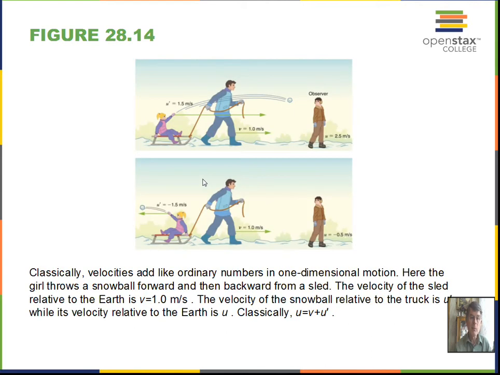So here's an example, again, of classical physics, with the frame of reference the child is in going forward at 1 meter per second. We throw a snowball at 1.5 meters per second from the person. The person out here would measure a snowball coming in at 2.5 meters per second, and we can reverse the direction. Classical addition of velocities is to simply add the velocity of the frame of reference with the velocity of the object in that frame of reference. This is okay at slow speeds, it works all right, but at high speeds, special relativity tells us there's something different that happens.